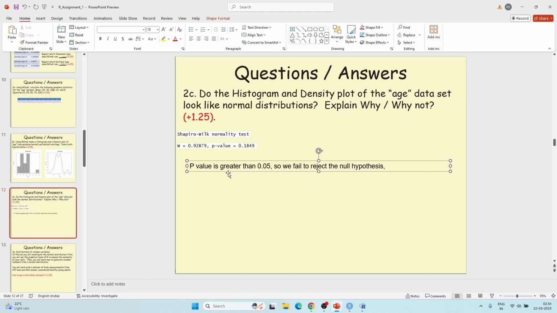Previously I mentioned we are not able to reject, but actually we fail to reject the null hypothesis, which is telling that no, it is not normal. Though the p-value is greater than 0.05, so we fail to reject the null hypothesis, that is H naught, of this normality test, we can see from the skewness values and the curve that it is not normal. So due to this very small sample size,